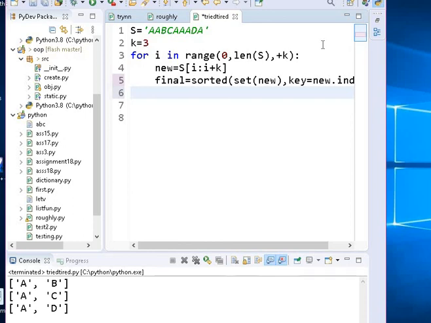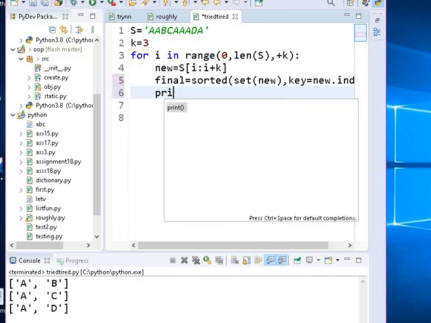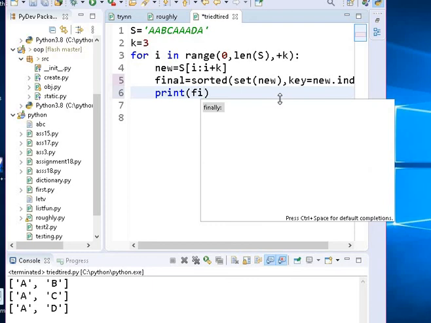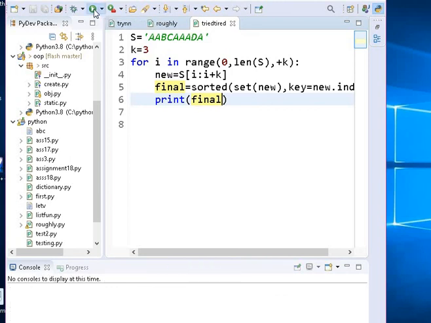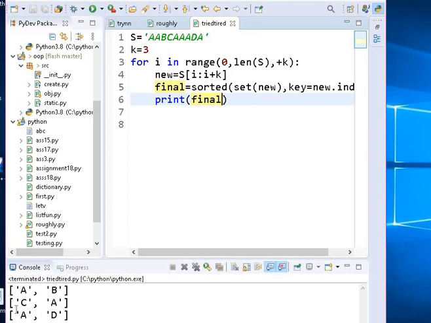Then, if you print the final for every iteration, it should come, no? You're getting it this way. Okay, you got the output.